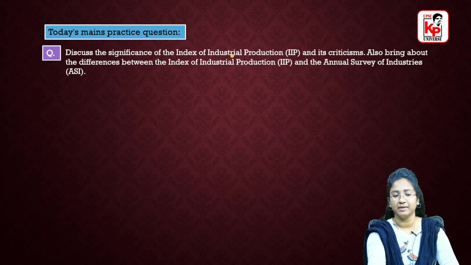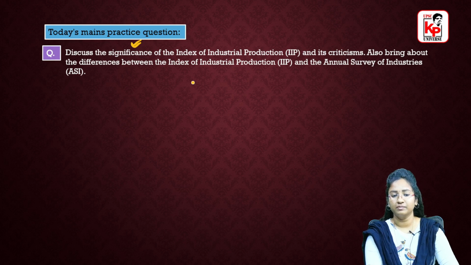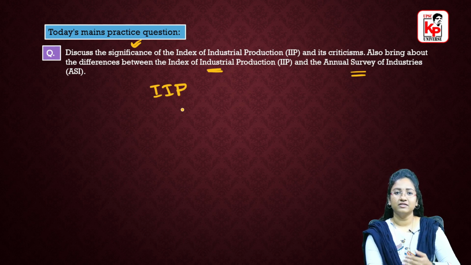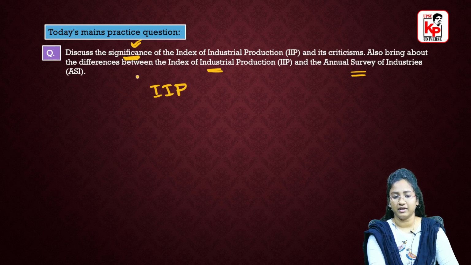Moving forward to today's mains practice question: discuss the significance of IIP and its criticisms. Also bring out the difference between the Index of Industrial Production and the Annual Survey of Industries, ASI. If you get a question like this, first of all you have to define what is IIP. What is IIP? How is it compiled? Who publishes this IIP? What are the sectors included in it? What is the basket included in this IIP? In this way you have to give a brief about IIP. So this would be your introduction,